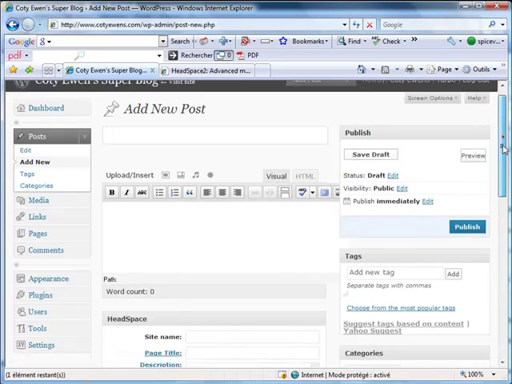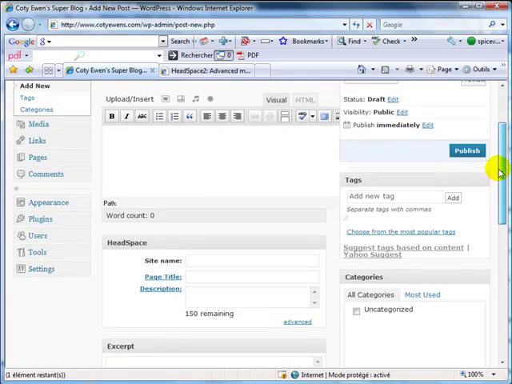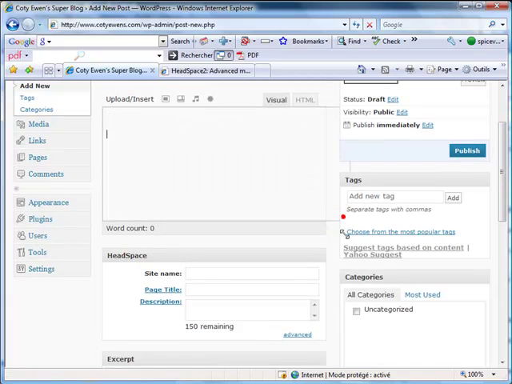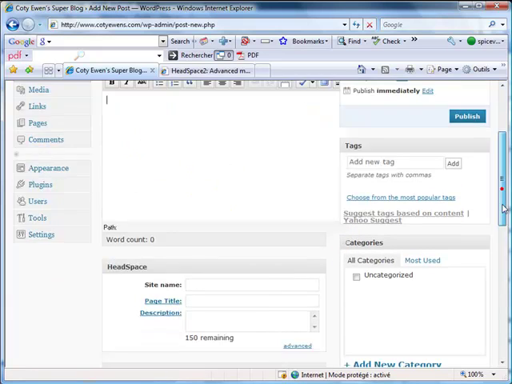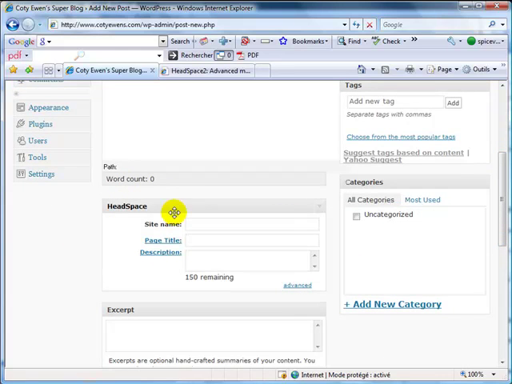Okay, so now when you create a new post, you see here that just after the post body, the article body, there is a section called the Headspace. It comes from the plugin we have just installed, and the site name field here wouldn't appear if we didn't change the Headspace settings. But it's very important because